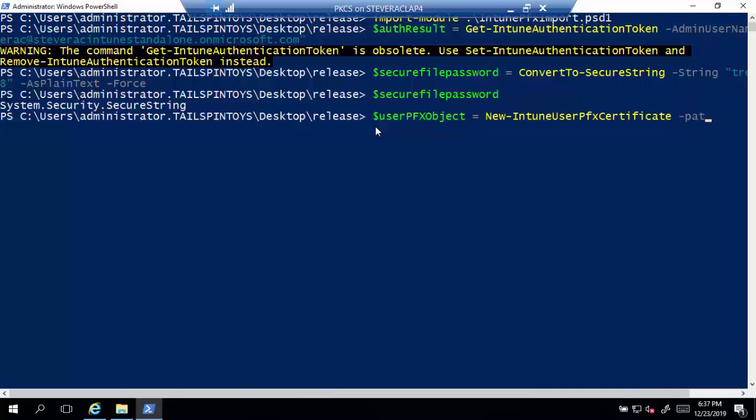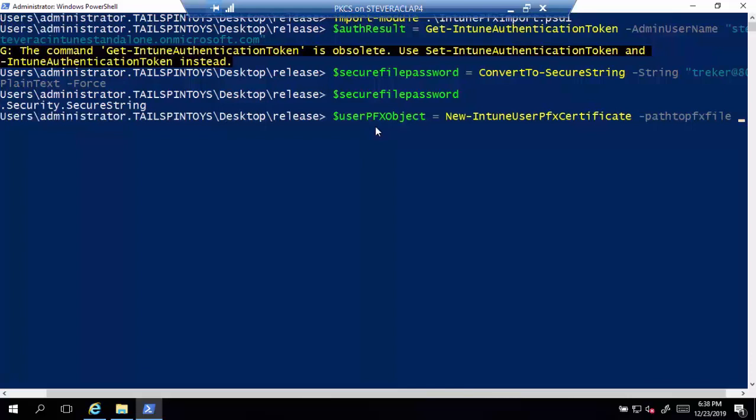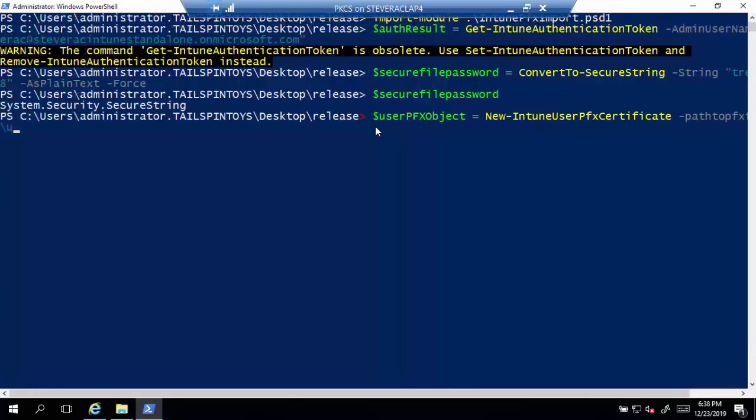So path to pfx file. This is the file that I'm using to import into Intune. So c:\users\administrator\desktop\release